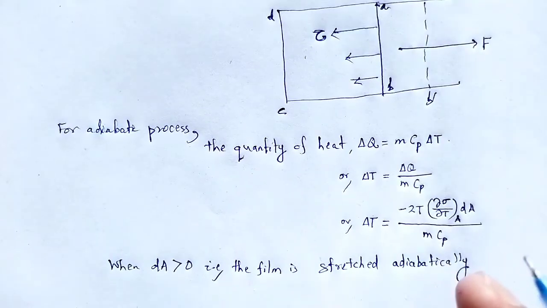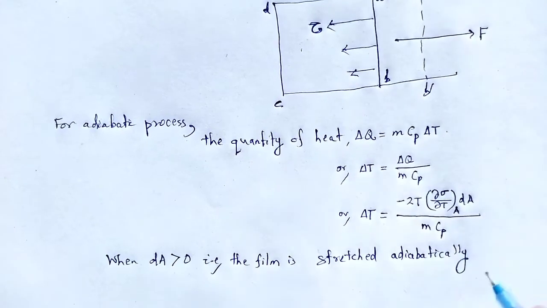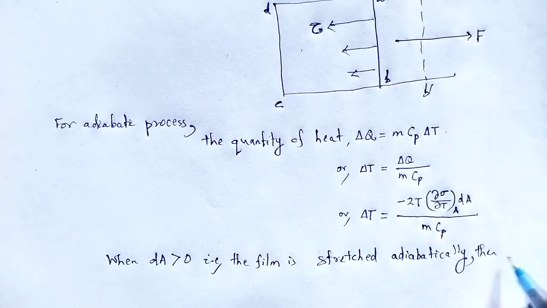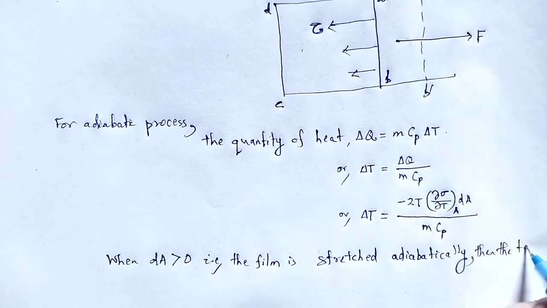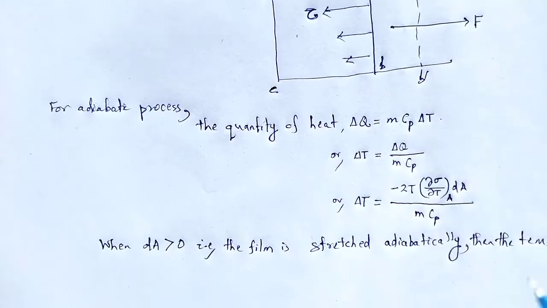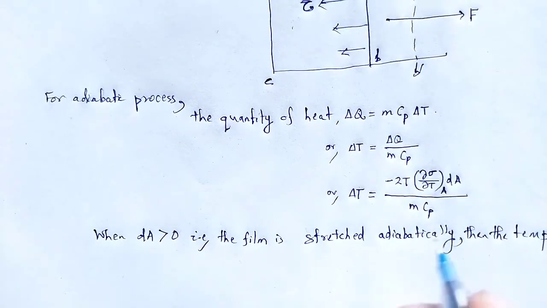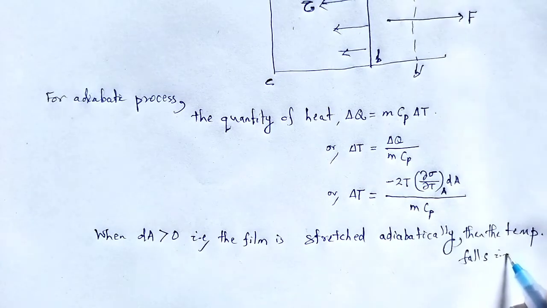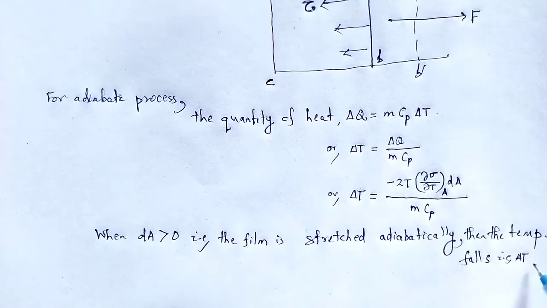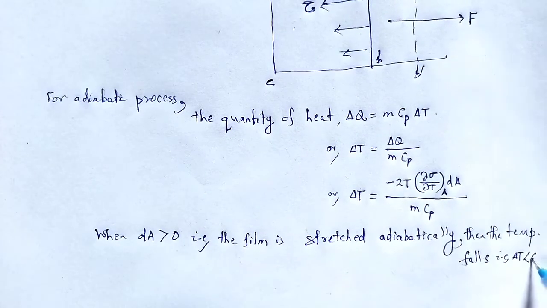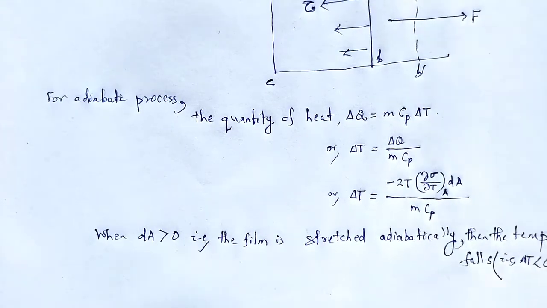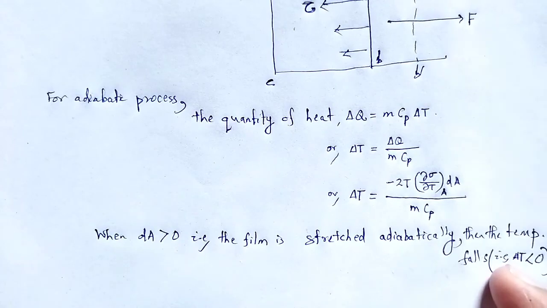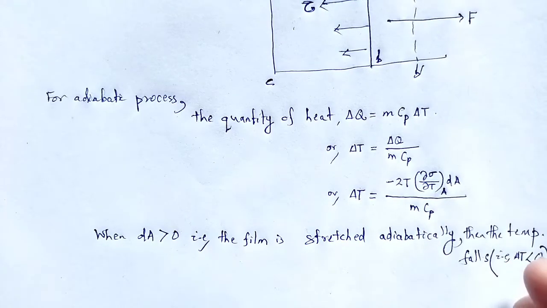Adiabatically in the sense heat will be constant here, and the temperature falls, that is del T, change in temperature, less than 0. Here the temperature falls means the change in temperature is less than 0, which means